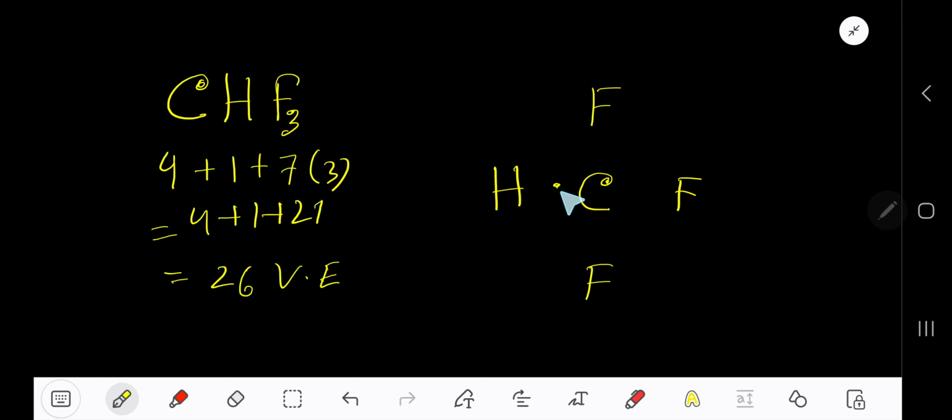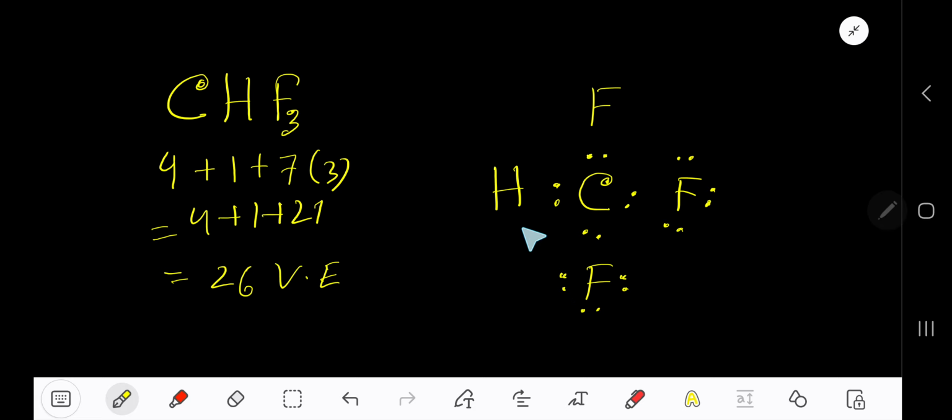So let me connect. To connect, just place 2 dots for every pair of atoms. So we have connected and we have used 2, 4, 6, 8 valence electrons out of 26. Now satisfy the octet of the outer atoms first. So we have used here 2, 4, 6, 8, then 10, 12, 14, 16,